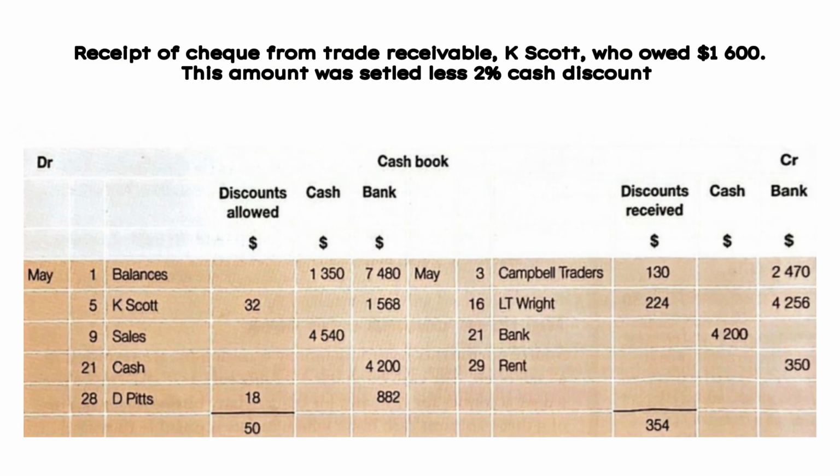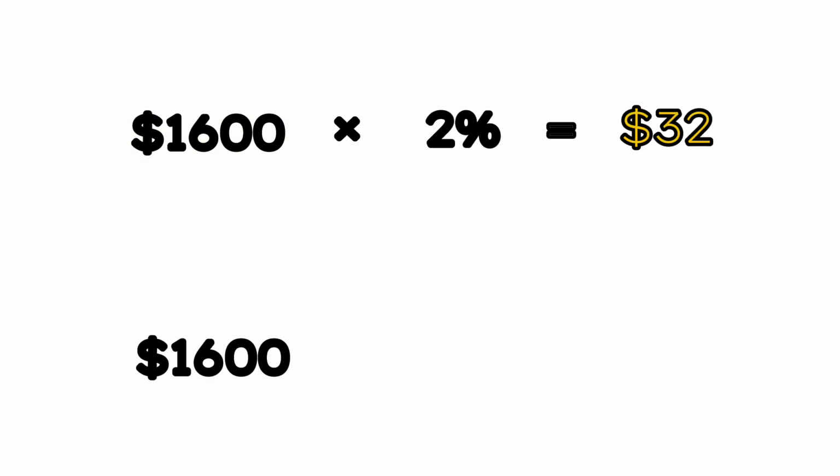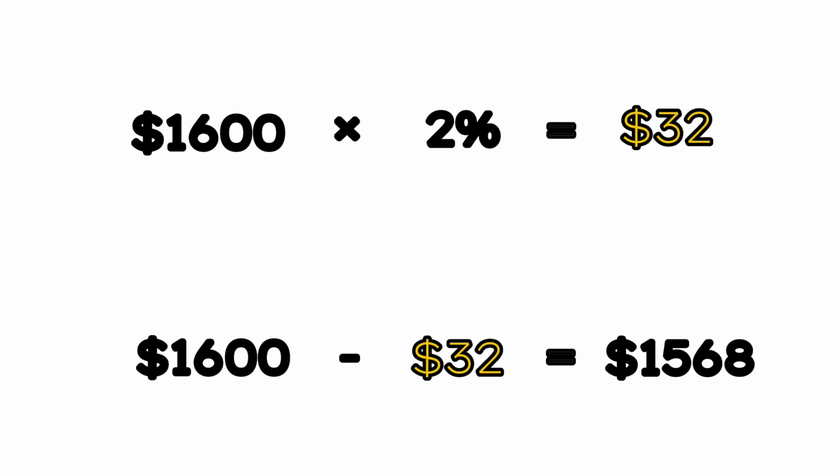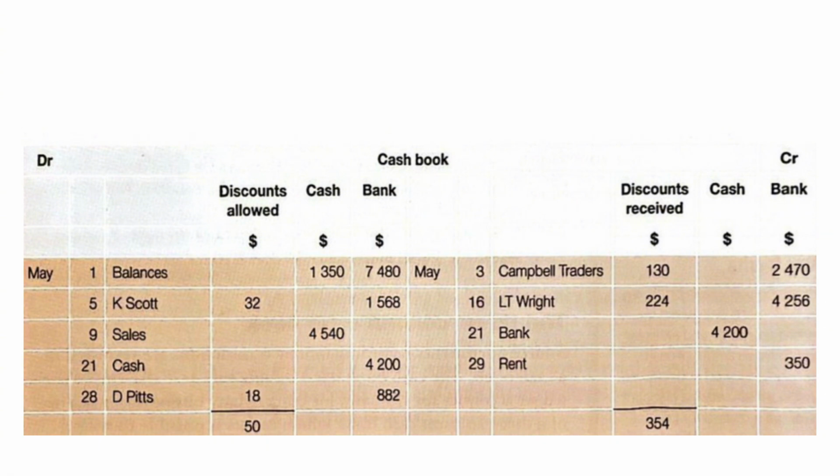$2,470. For the second transaction on May 5th, Robin received a check from Kay Scott, who owed $1,600 and settled with a 2% cash discount. Robin is receiving money, so the transaction will be recorded on the left side of the cash book. To find the discount allowed, take $1,600 times 2%, which equals $32. Then take $1,600 minus the $32, which equals $1,568, recorded under the bank column